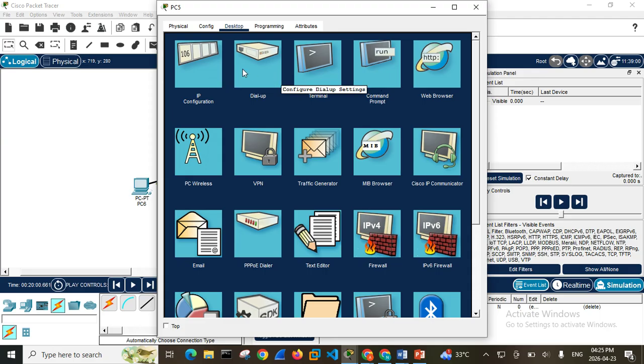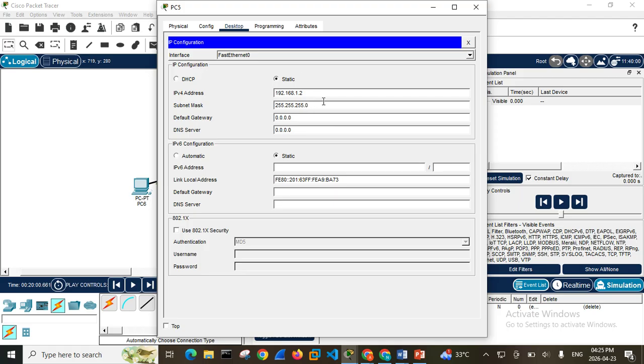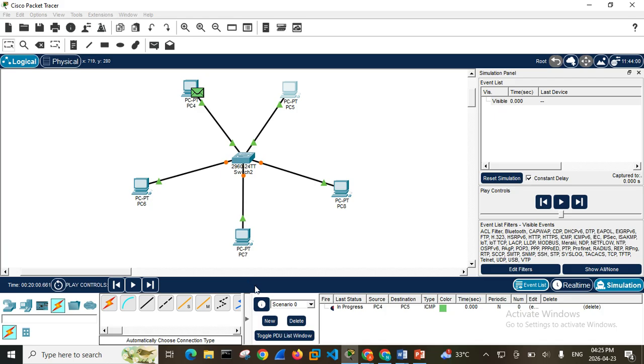Click on IP config, and then I'm going to see the last IP address I click, and then I'm going to select it because everything's supposed to be the same, excluding the last digit is the one that is not going to be the same. So in this place now, I'm going to select this one, and then